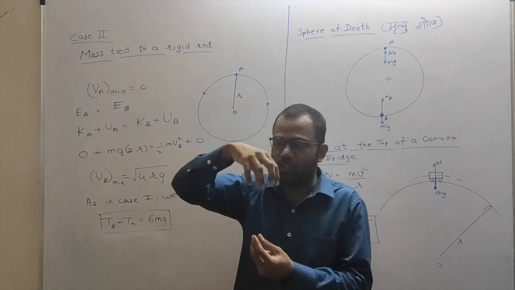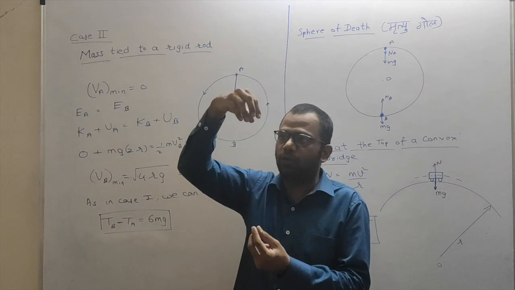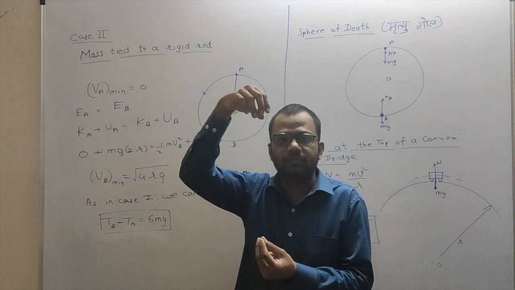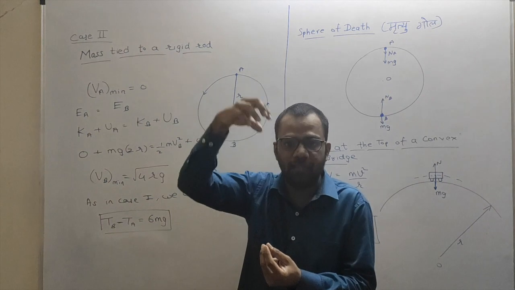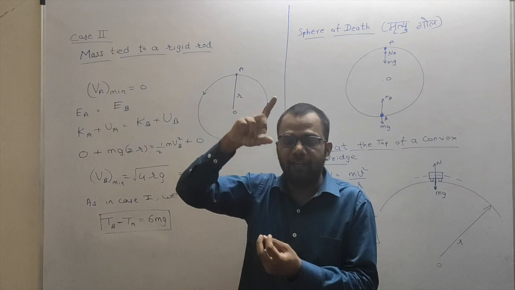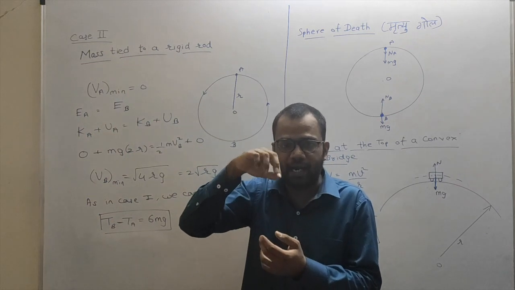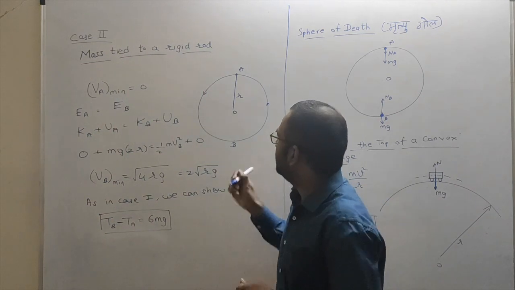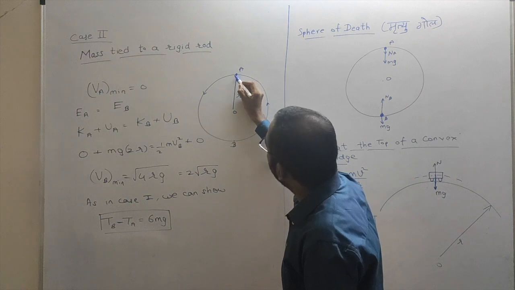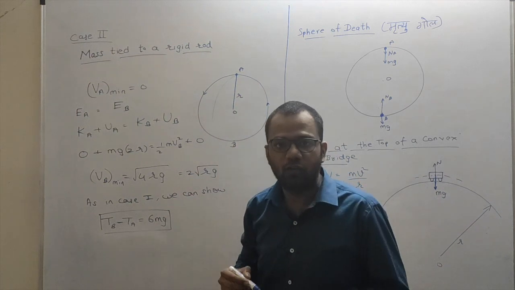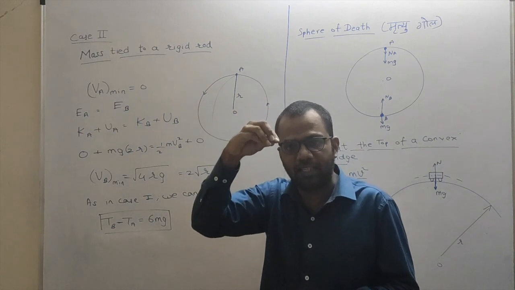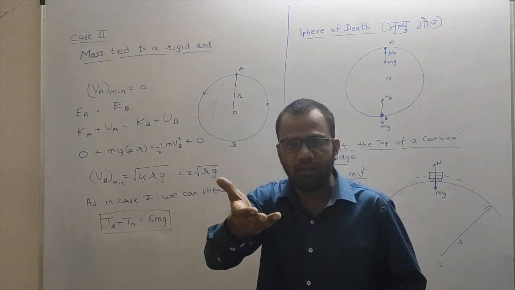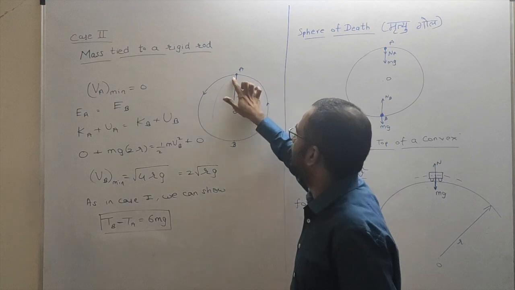0? No, because if the velocity over here is 0, the ball will simply fall down like this. The object or the bob will simply fall down like this, right? Or even if it is greater than 0 and lesser than square root of rg, the bob will fall like this, that we have also discussed, right? And hence the minimum velocity in the case of a string should be square root of rg, or it can be greater than square root of rg.